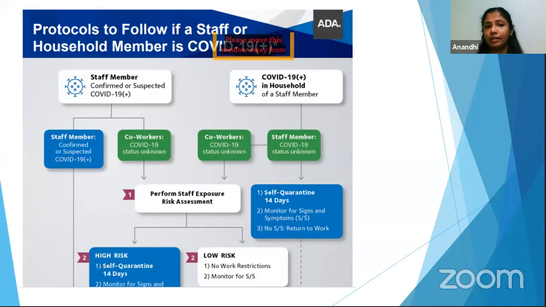But if the staff member doesn't have any symptoms, but you suspect, we perform a staff exposure risk assessment. I will show you in the next slide what that is. And then if the household member has been tested positive, we recommend them to self-quarantine if they develop symptoms. If they don't develop symptoms, again, we do the risk assessment and then bring them back to the office. So again, if they don't develop symptoms after the 3rd day,